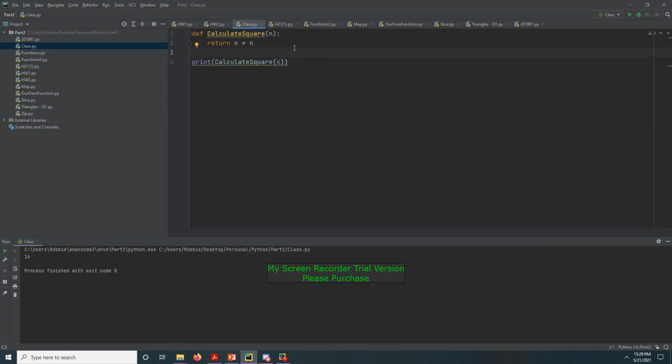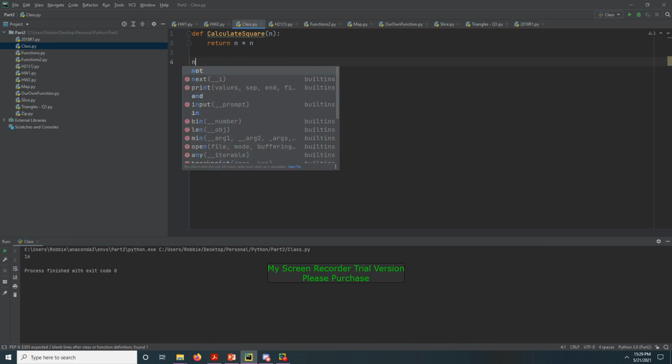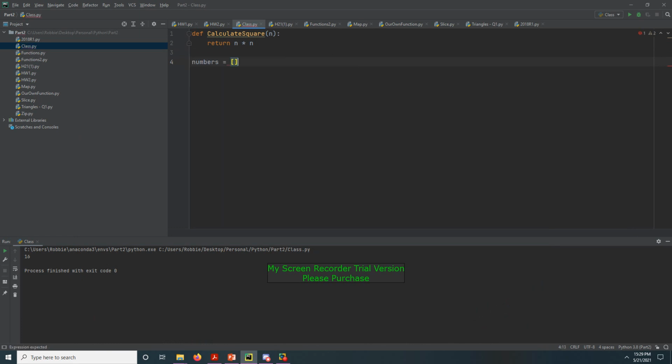Now we want to create a list of numbers. Okay, so let us delete that. So let's create a list. Let's call them numbers. We create a list. Let's take the number 1, number 2, 3, and 4. Now we have a list with 4 numbers, 1 to 4. Okay, so now we want to perform this function we just created on every number in our list. So one way to do it, it is a bit long, so we can say for every num in numbers,